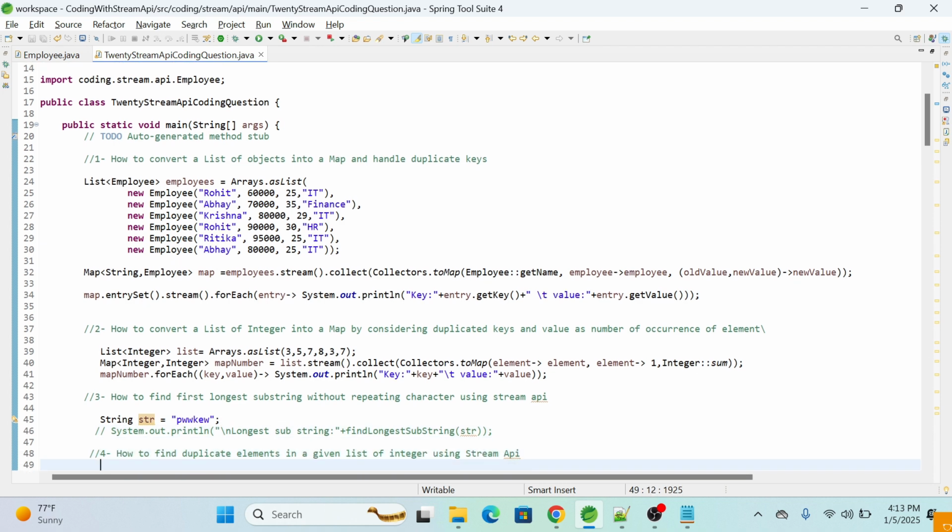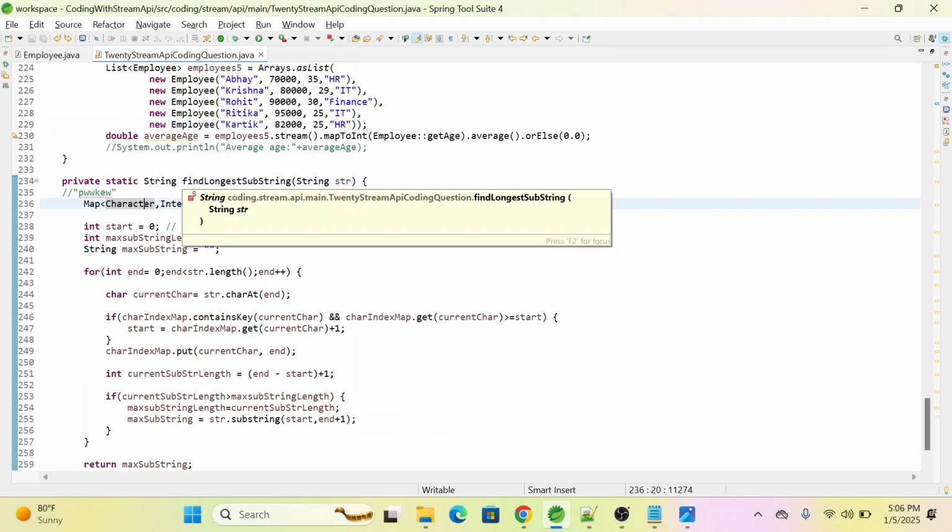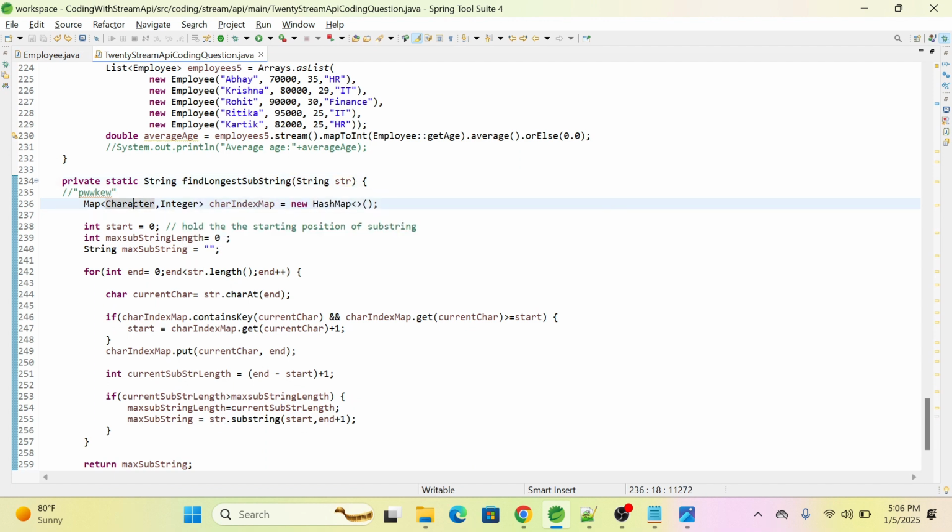Now let's see how we implement this. I have created a findLongestSubstring function which returns a string and also accepts a string. As you can see here, I'm taking a map,